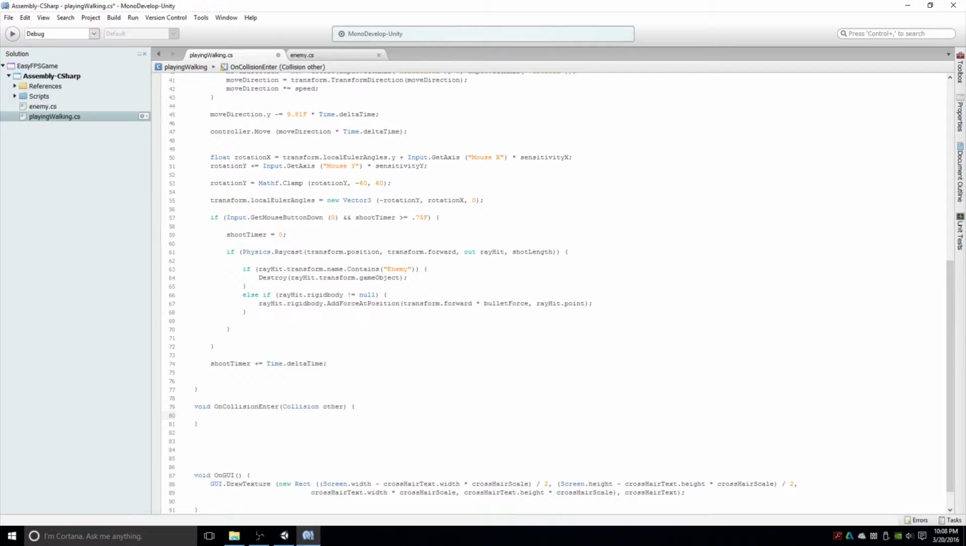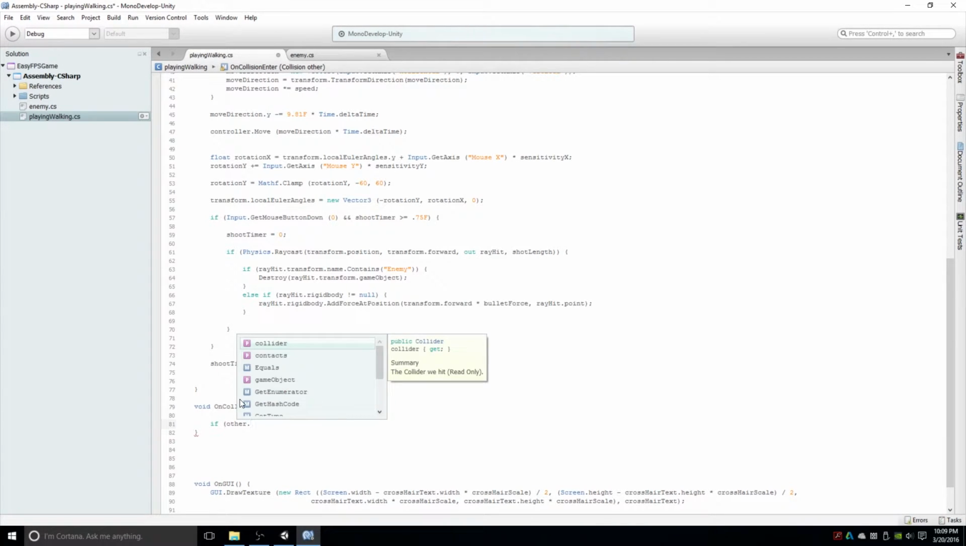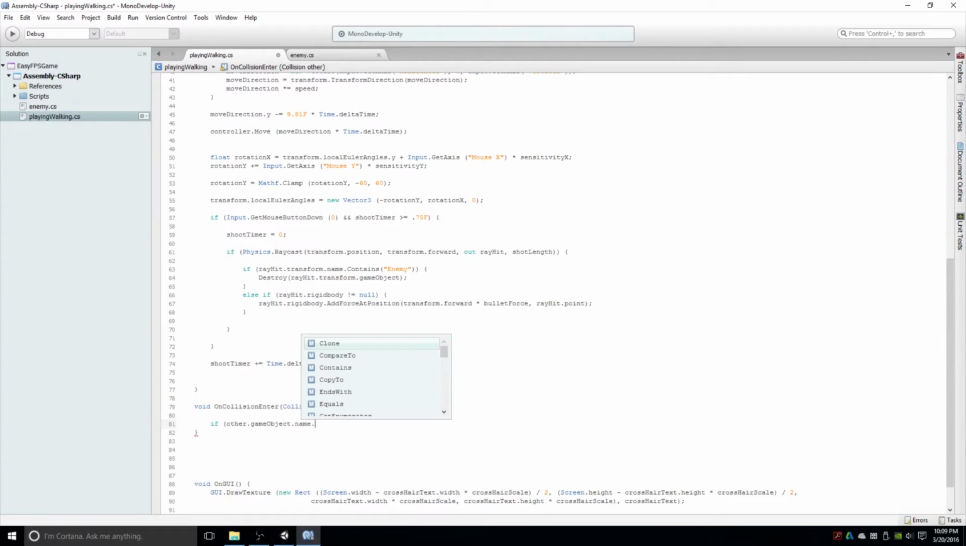Now make sure OnCollisionEnter is capitalized: On is capitalized, Collision is capitalized, and Enter is capitalized. That's because this is another Unity specific method which basically checks to see if two objects are colliding. So because our enemies have a collider as well as our player has a collider, we can tell whenever they're colliding, of course. So we should check to see if the other.gameObject.name.Contains, again, enemy,